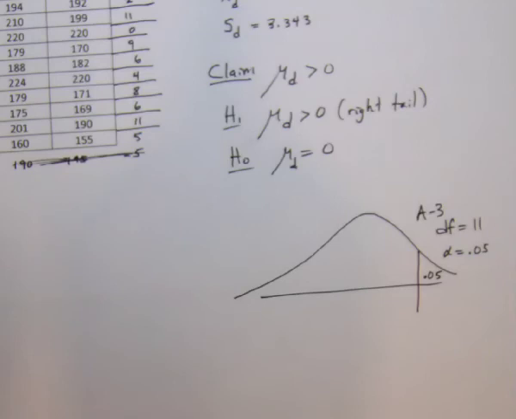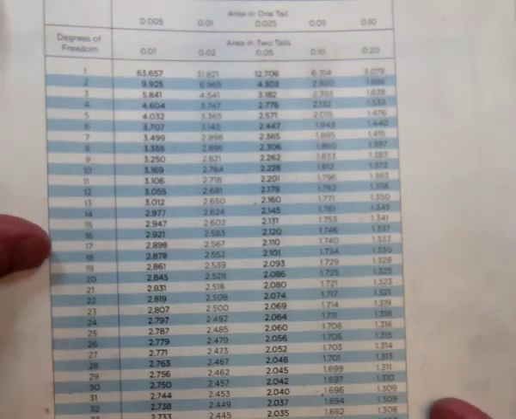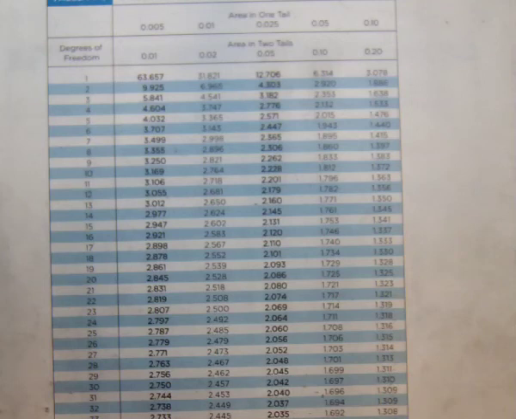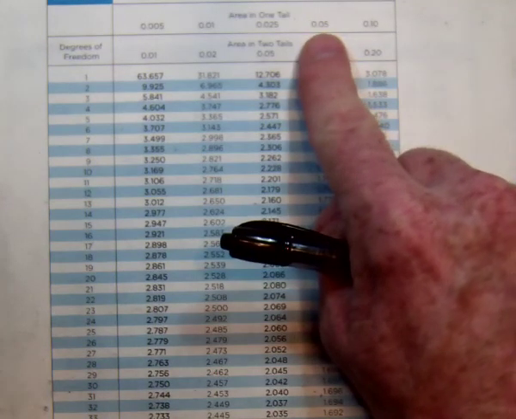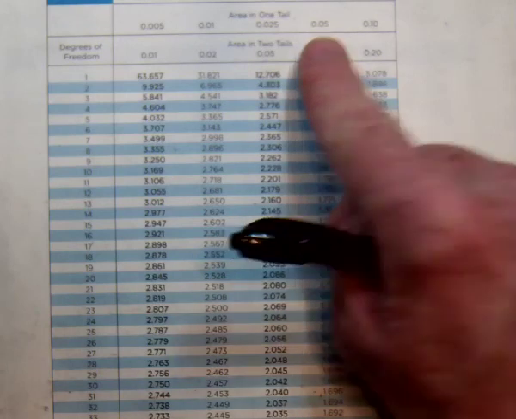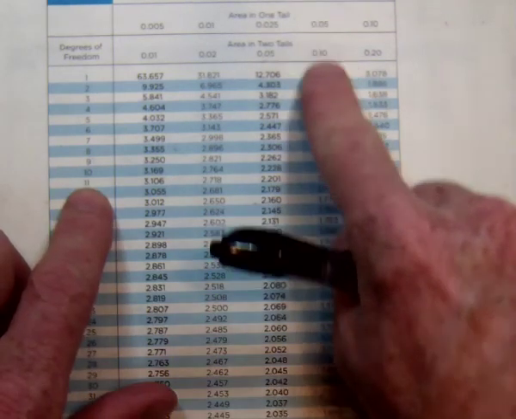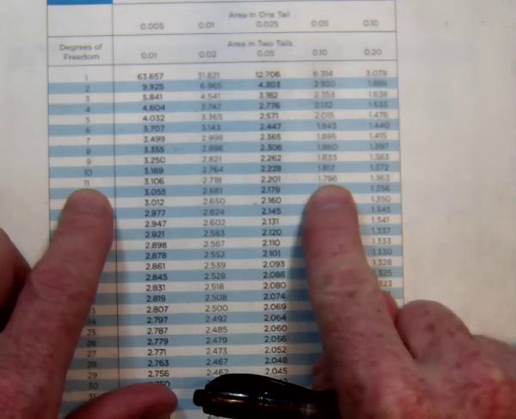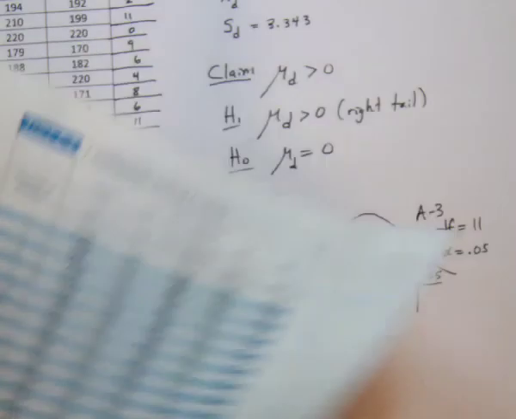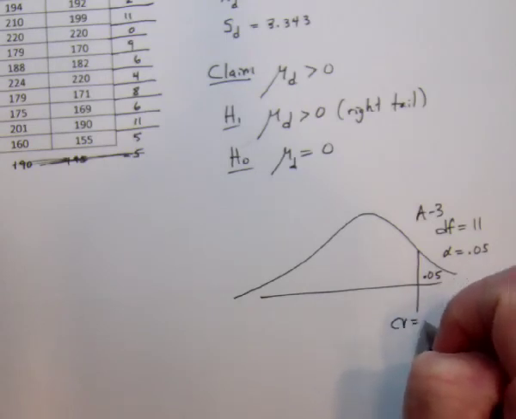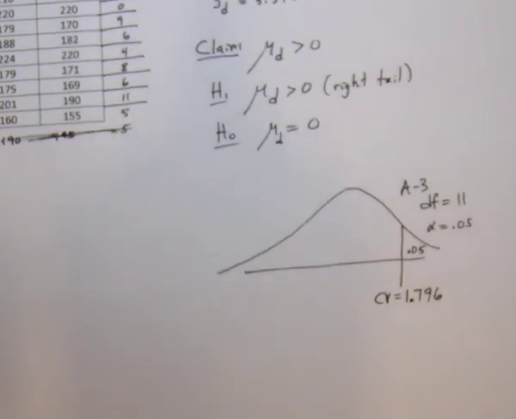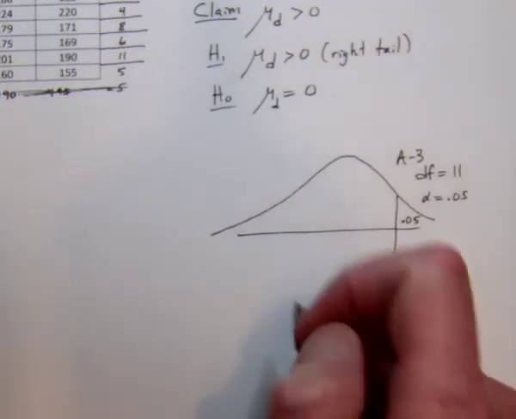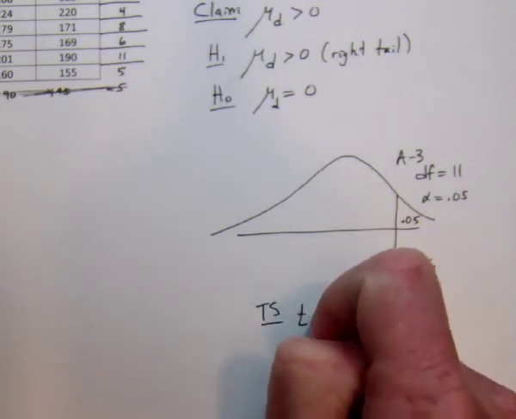And then we need good old table A3. Come here, you. There you are. So let's see, it's one-tailed, but it's 0.05, so that's this. And then degrees of freedom was 11, so we're working with 1.796. Critical value is 1.796. Then it's just a straightforward t-test. So the test statistic t equals